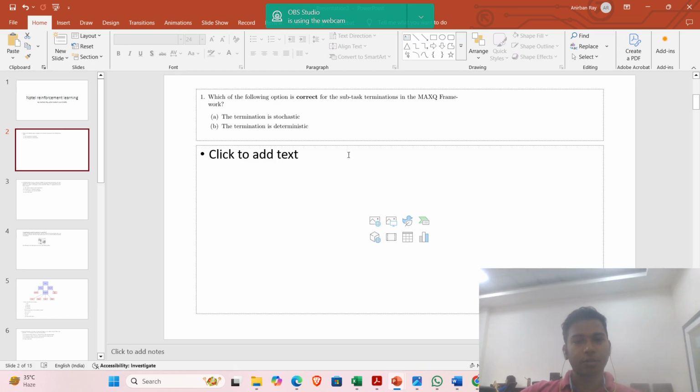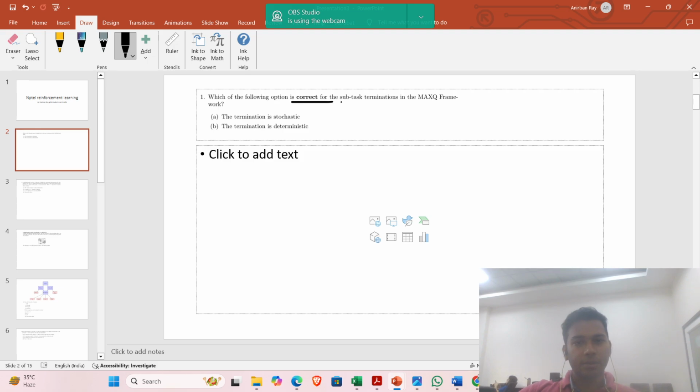So the question is: which of the following is correct for the subtask terminations in the MAXQ function framework? As always, I will go through the theory a bit so that you can get a better understanding of what is being told here. Starting with the MAXQ value function decomposition. So what we are doing is that